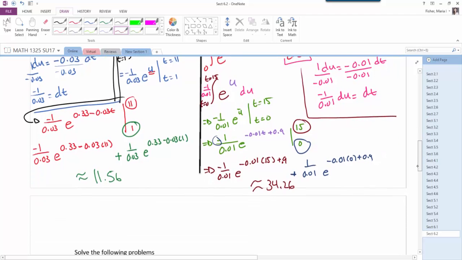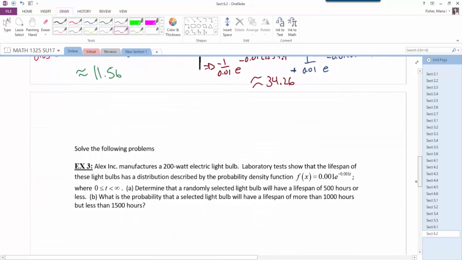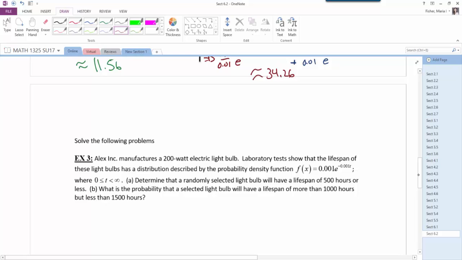Let's look at some applications where we're using that probability density function. So for example 3, it says the following. Alex Incorporated manufactures a 200-watt electricity light bulb. Lab tests show that the lifespan of the light bulbs has a distribution described by the probability density function of f of x is equal to